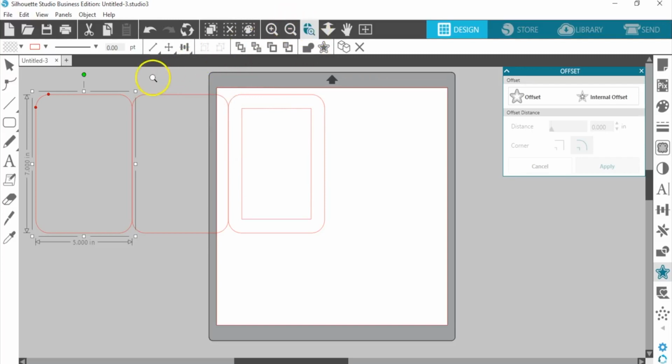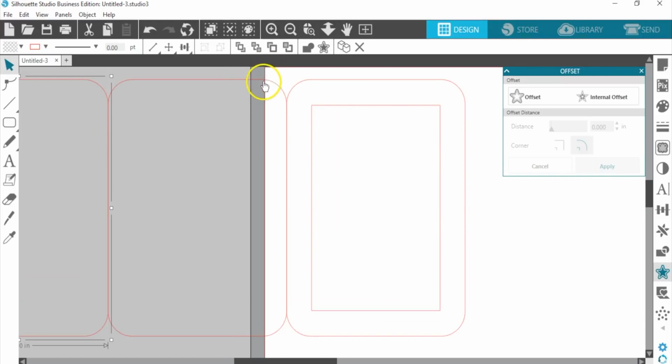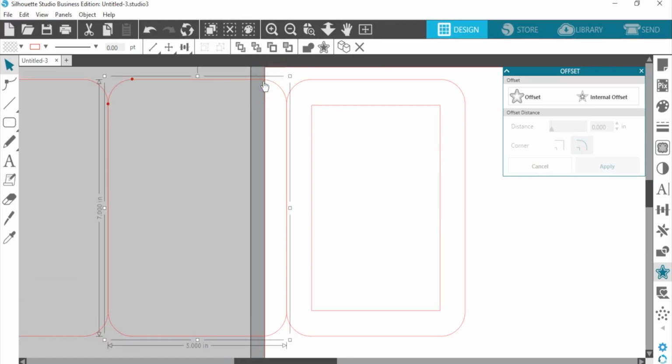So let's zoom in. And I'm actually going to nudge this left piece over just a little bit, just to make sure that it's completely overlapping this other piece. So I'm going to just use my arrow key and tap it once to the right.